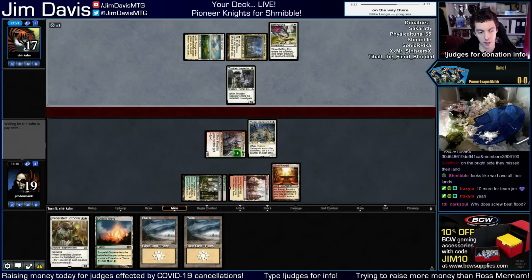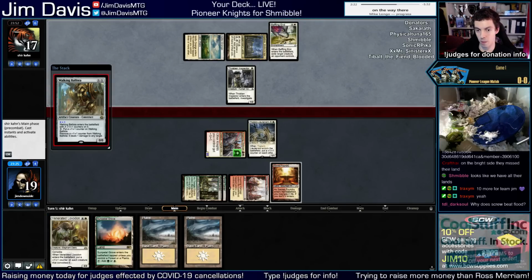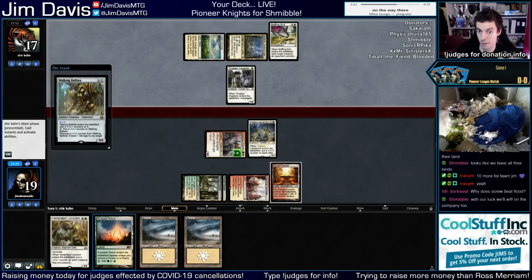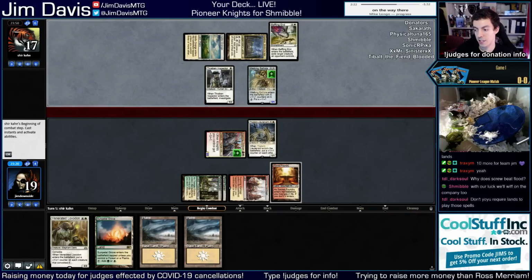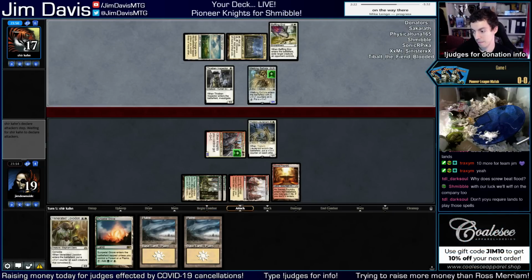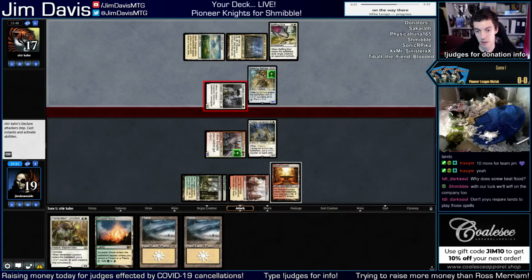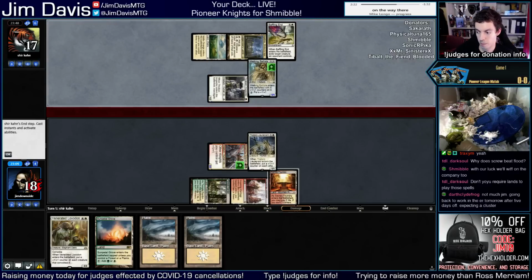Why does screw beat flood? Because when you flood, you often don't have enough cards to actually kill them, and you have no spells, and they have all spells. So eventually they're going to draw lands, and once they start drawing lands, they're going to have a full hand of 7 cards, and you have no spells, and you lose. Obviously, if you're able to kill them before they draw lands, then sure, but